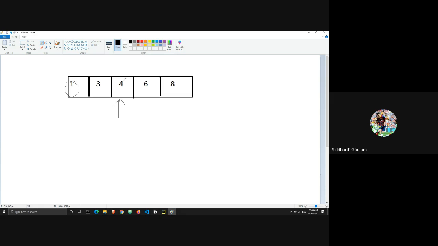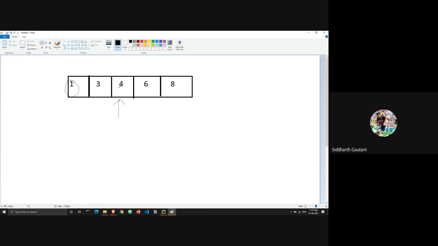Okay, is number 4 equal to number 1? It is not. Okay, we already know this. Number 4 is not equal to number 1. But this time I do care if number 4 is greater than or less than number 1, right? In linear search we only care if it is equal or not, we don't care if it's greater than or less than. Now we do care if it's greater than or less than.